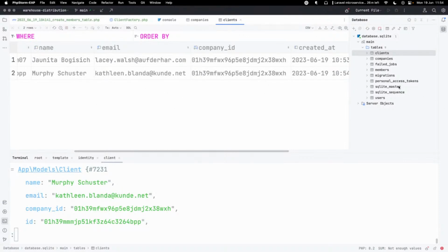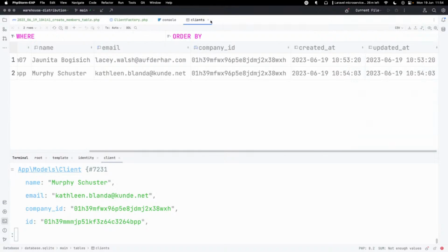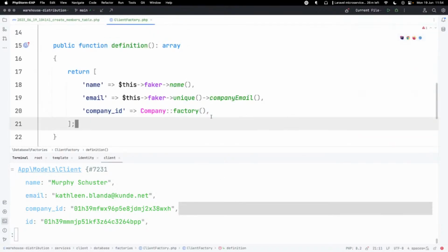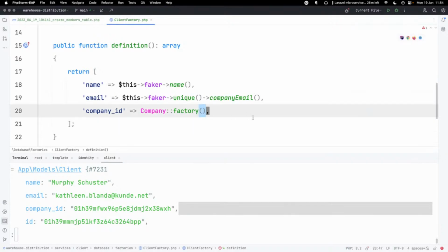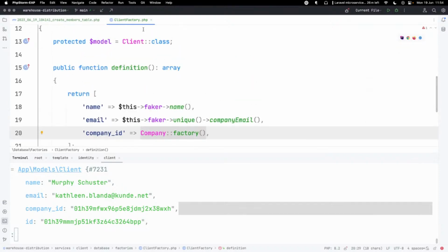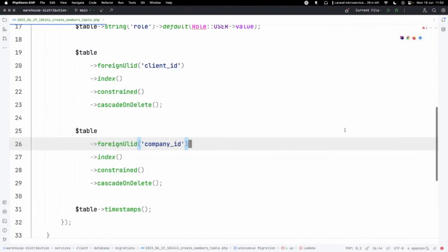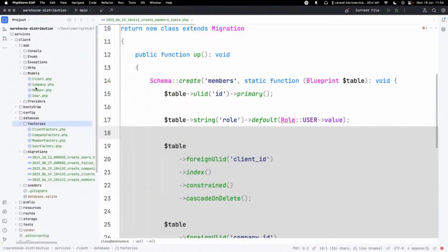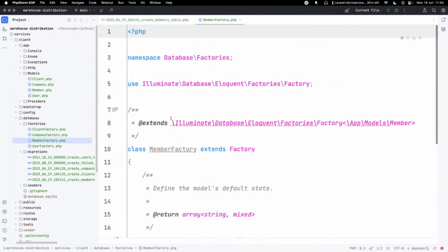So it just means that you're not duplicating data, creating lots of extra data for no reason in your factories. So just be aware of that one when you're doing this. If you're doing a lookup or if you're just creating within here, just pass through the factory and it will be evaluated if it needs to be. Back to where I was. So we've got a company and a client on the member. So if we come down to our member factory quickly,